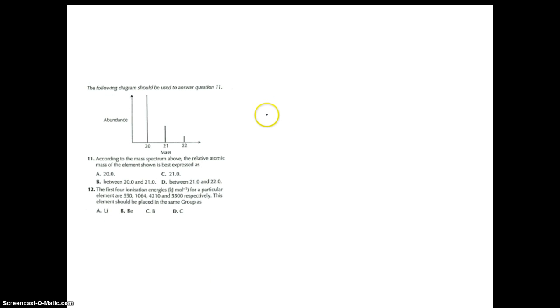Question number 11 uses this little diagram. This is the sort of readout we might get from a mass spectrometer that shows us abundance with mass. Now you'll notice in this case we don't have any numbers for abundance, so we're just going to have to use the height of the lines to make some decisions. It says according to the mass spectrum above, the relative atomic mass of the element shown is best expressed as,